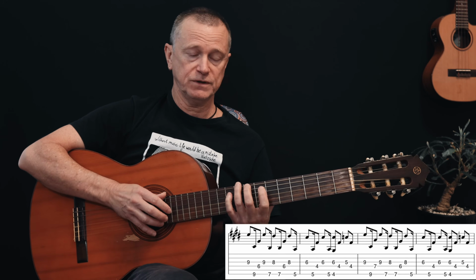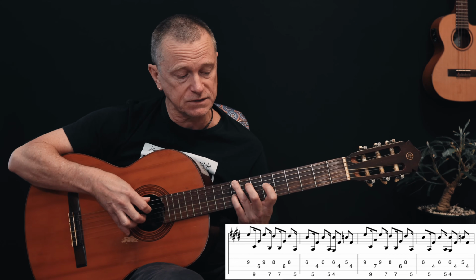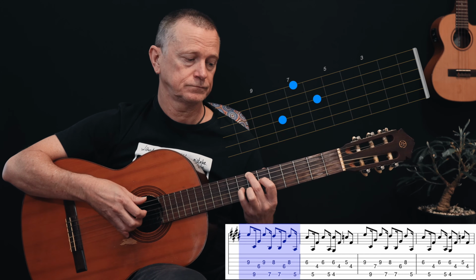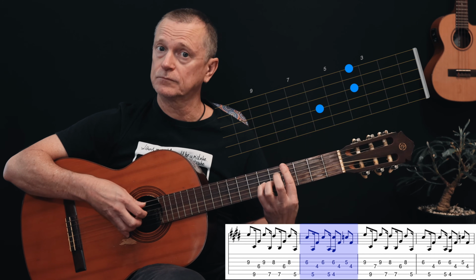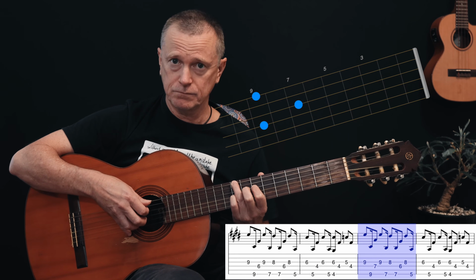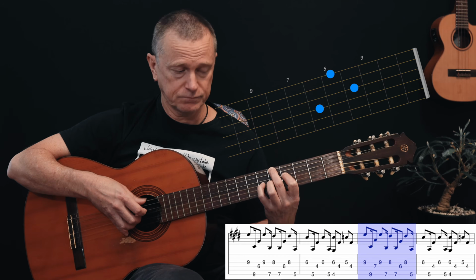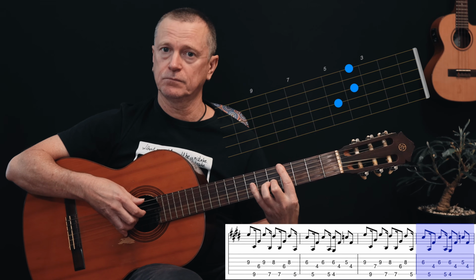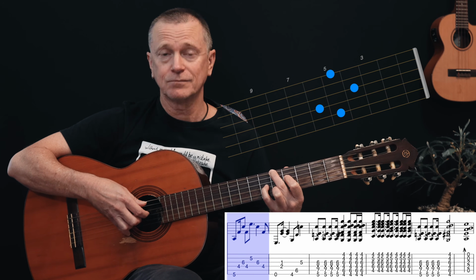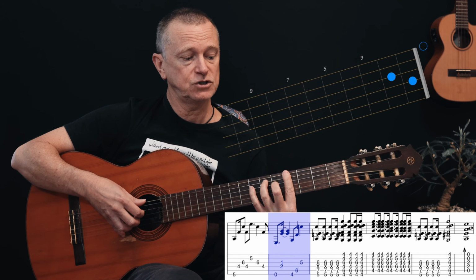After that, we move into what is the B section, but it's really the same as the A section in a different key. So now we're doing this. Same thing again. And then we back up. This time it's the note on the D string that's changed by 1 fret. Now these shapes are easy, but we go to an E, and they're just the notes he uses, and then a G sharp 7,